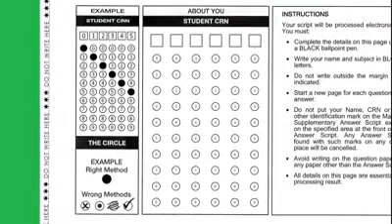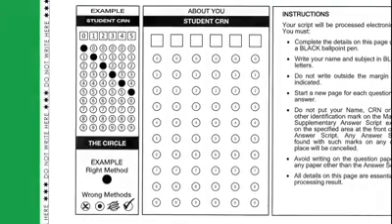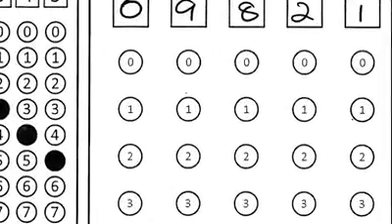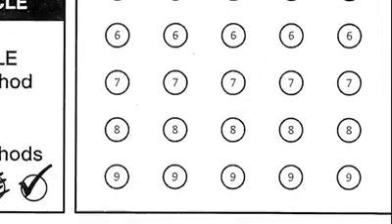Now I am demonstrating it here, which will help you in understanding the correct method of writing the CRN and shading the correct circle. First, I am writing the 6-digit CRN, that is 098215, in 6 square-shaped boxes. Now, I am shading the relevant circles, that is, the first circle in the first row for 0, the second circle in the last row for 9,